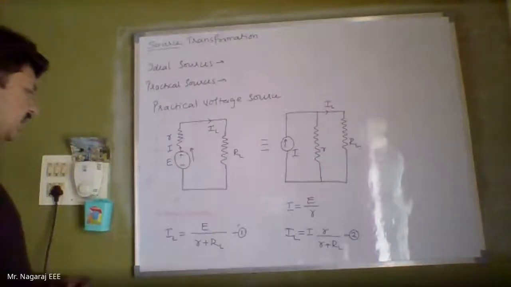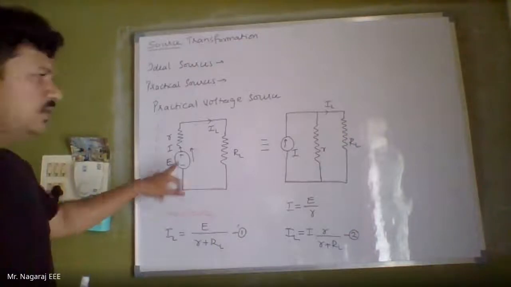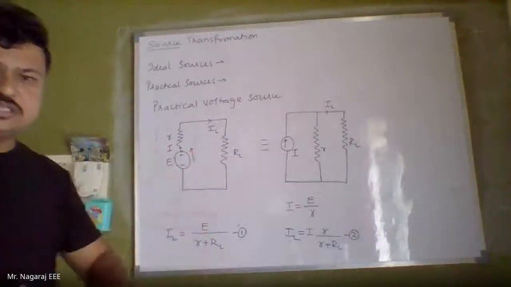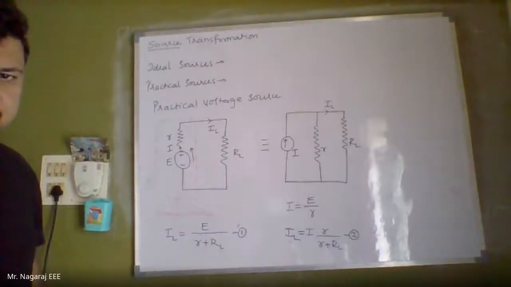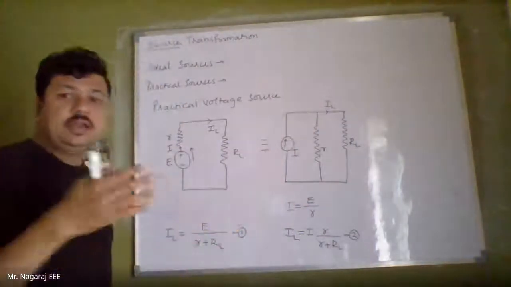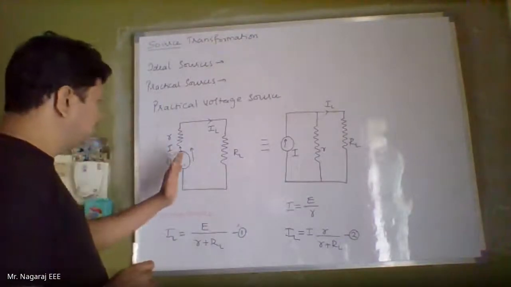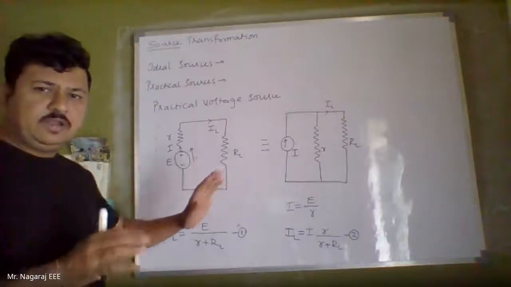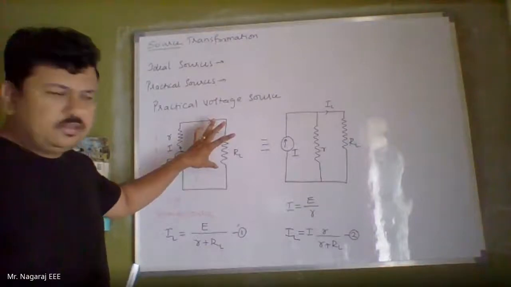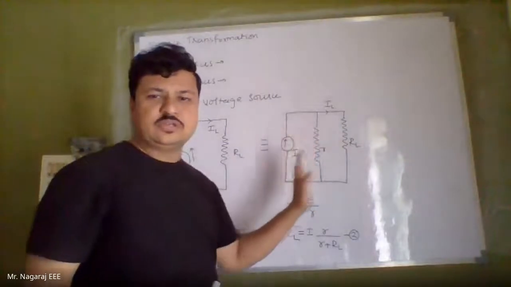See whether this load resistance receives current from the voltage source or from the current source. The current received by the load resistance is the same. It won't change. I am only transforming this at the analytical level, that is, on paper. Practically, if I connect a voltage source to a load resistance, whatever value of current it receives, that same value of current should be received by the load resistance even when I transform the source.